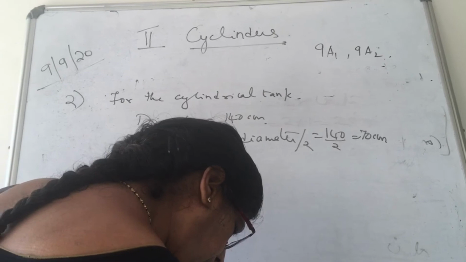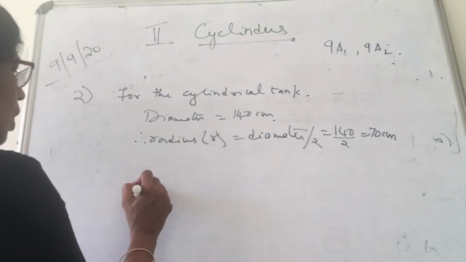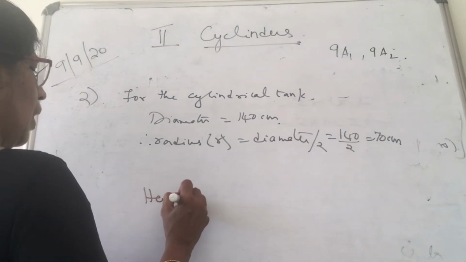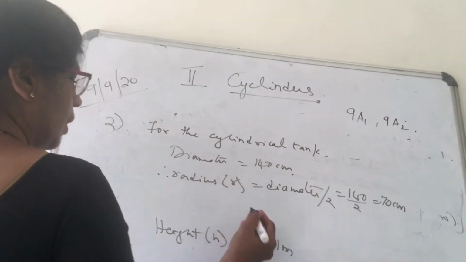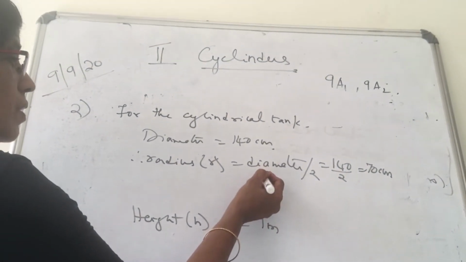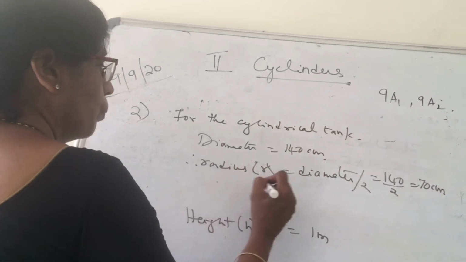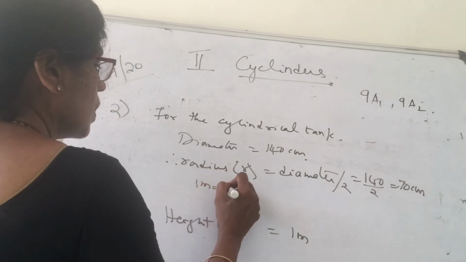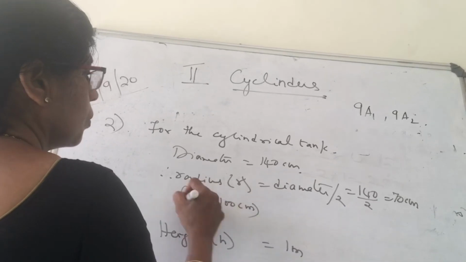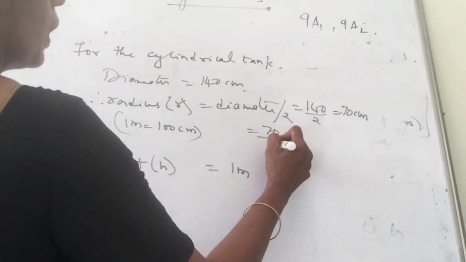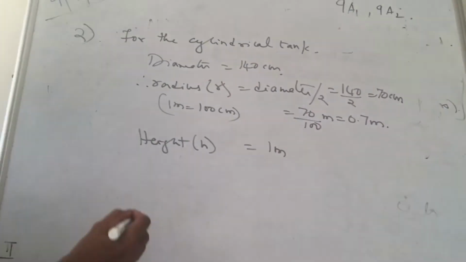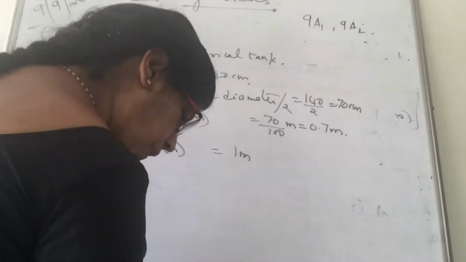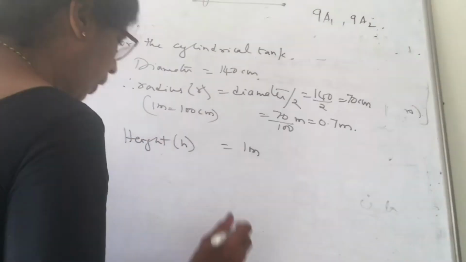Yes, children. And the height. How much is your height, children? The height h is equal to 1 meter. See, children, height is in meters, radius is in centimeters. You cannot do that. Yes, 1 meter is equal to 100 centimeters. So 70 by 100 meters is equal to 0.7 meters. The sheet required